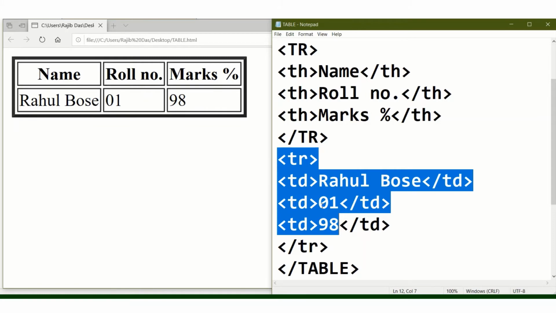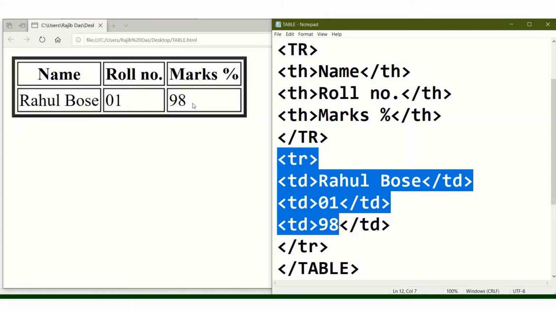Then the second cell, that means this one is the 1. So TD1 I have written. Then TD98, this is the third column of the second row. So in this way you have to insert the table row and table column.